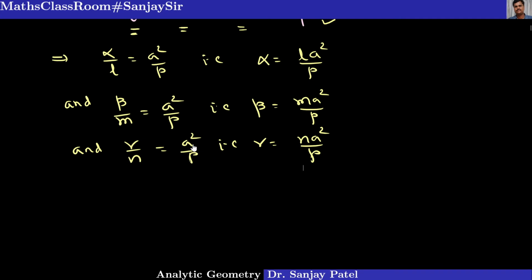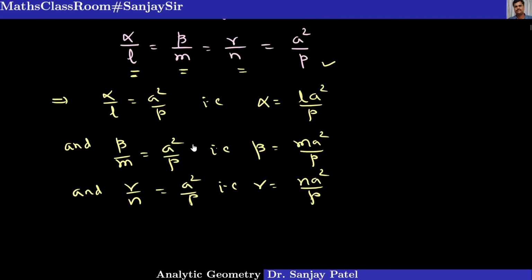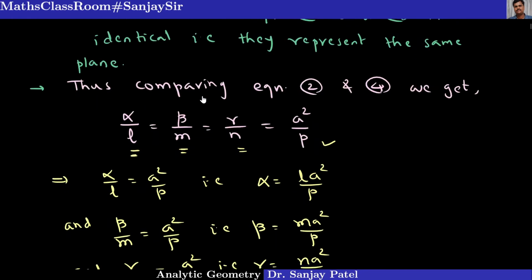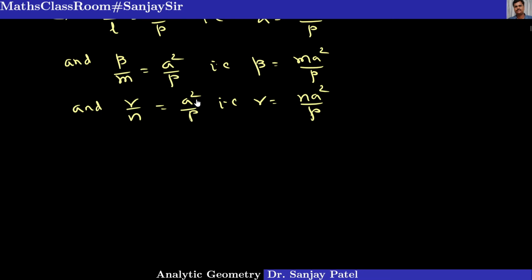But what is alpha beta gamma? Alpha beta gamma is a point on the sphere. So it satisfies this condition 3. So putting the values of alpha beta gamma in this equation, that is alpha square plus beta square plus gamma square is equal to A square, we'll get the required condition. So substituting these values in equation 3,